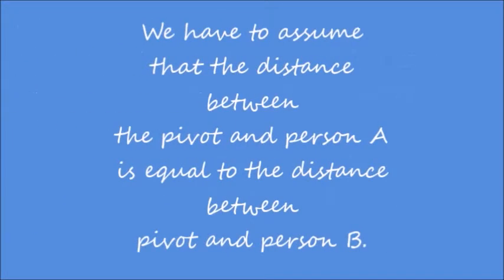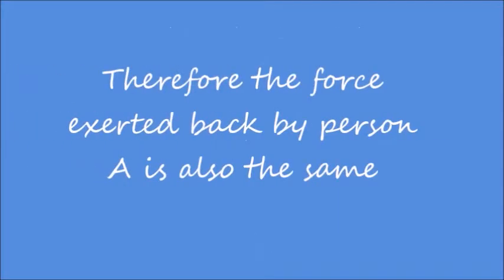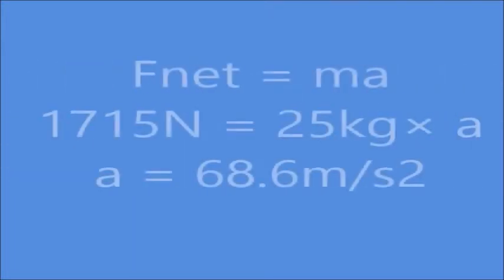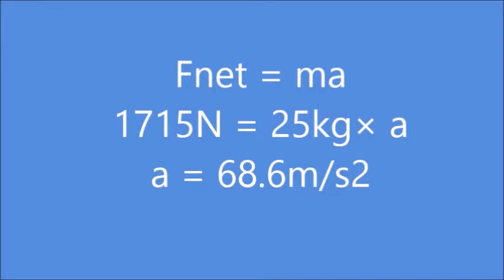We have to assume that the distance between the pivot and person A is equal to the distance between the pivot and person B. Therefore, the force exerted back by person A is also the same. F net is equal to mass times acceleration, and F net is equal to 1,715 newtons. Mass of person A is 25 kilograms, so we can find acceleration, which is equal to 68.6 meters per second